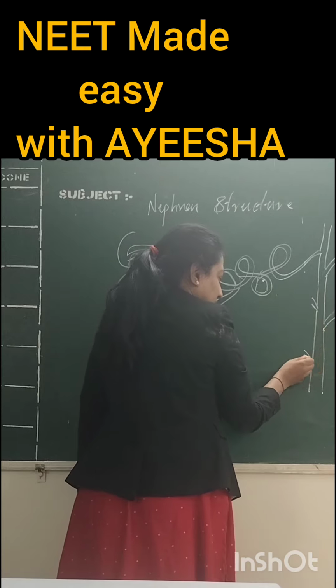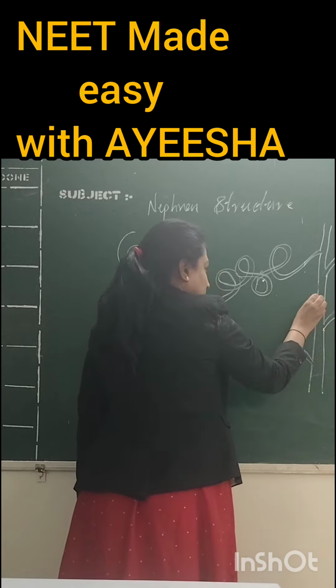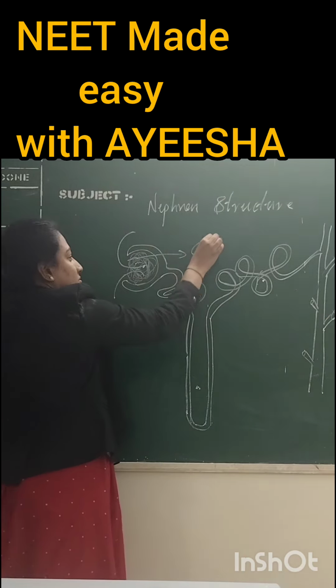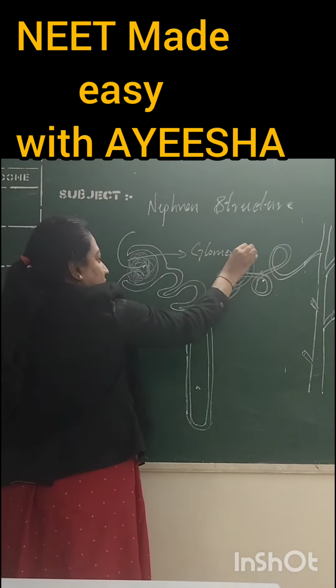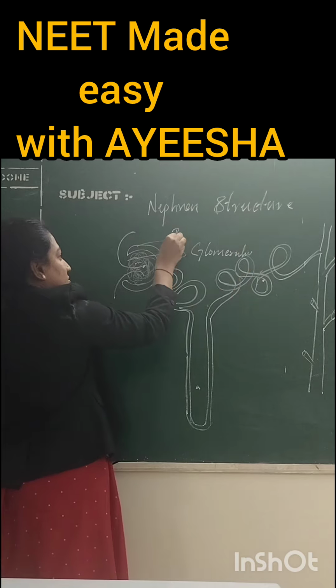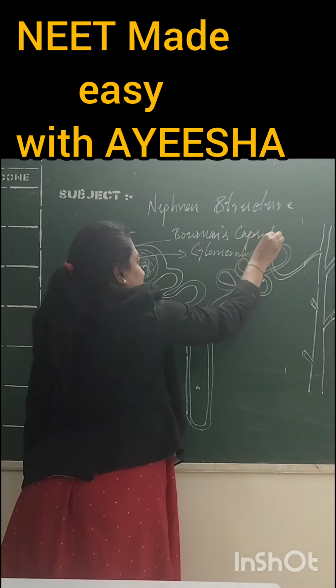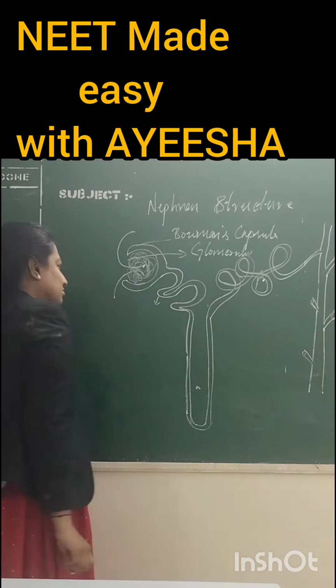As you know, the nephron is a structural and functional unit of the kidney. It is a chief excretory organ. Its function: the nephron is a structure which helps in the filtration and purification of the blood. Hence, you can see the labeled diagram, the cup-like structure called Bowman's capsule, the network of blood vessels, the glomerulus,